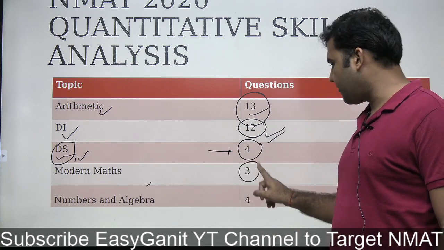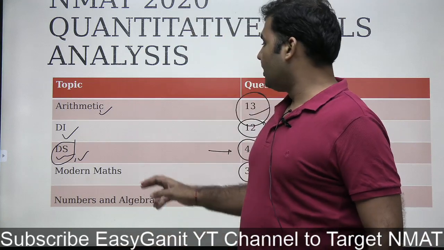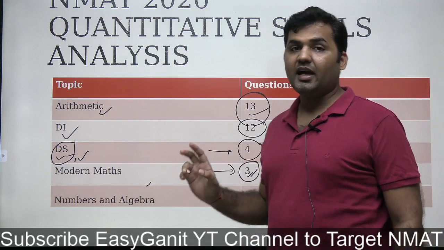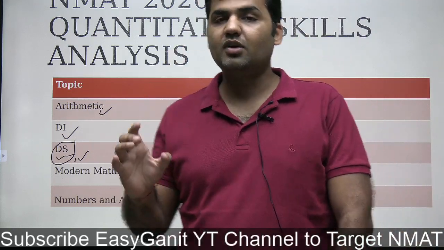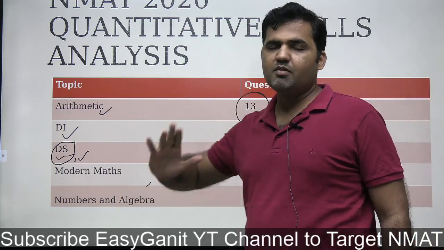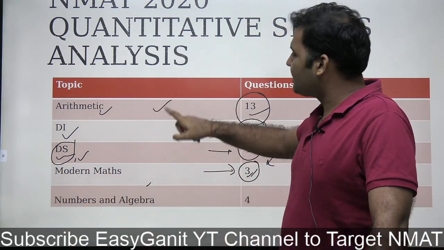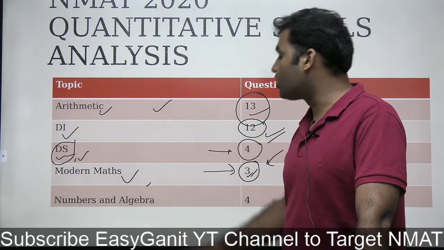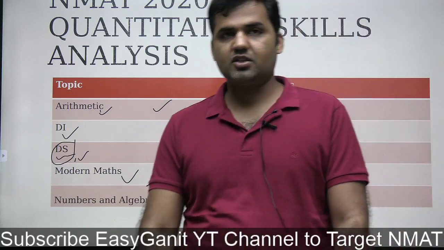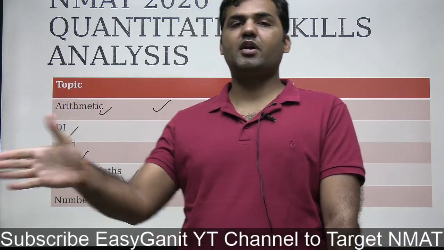Talking about modern maths, guys, you will not find many modern math questions in the other quant exams, but here you will definitely have questions in modern math. So this is 3 questions of modern math, and at easy level it can give you quick marks. So I would suggest arithmetic you have to do, but modern math should be given more priority compared to geometry. If you are appearing for CAT, you have to give modern math more importance than geometry. Last year there was no question of geometry, maybe one or two, but modern math had 3 questions. So obviously I should be putting modern math first compared to geometry.